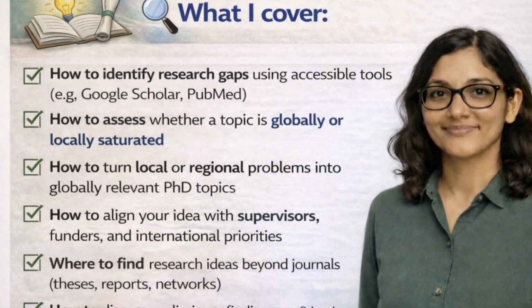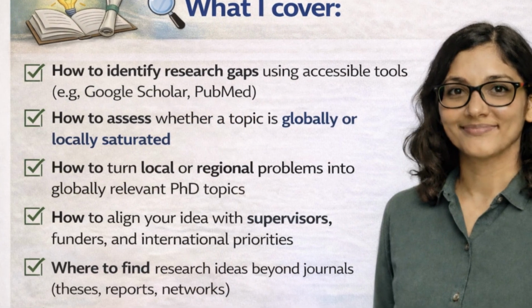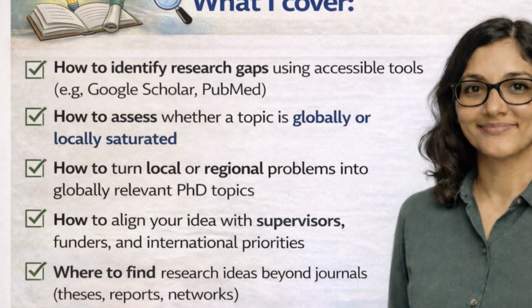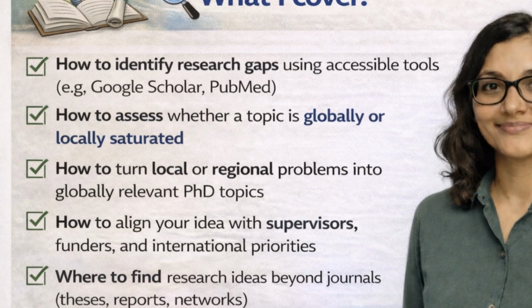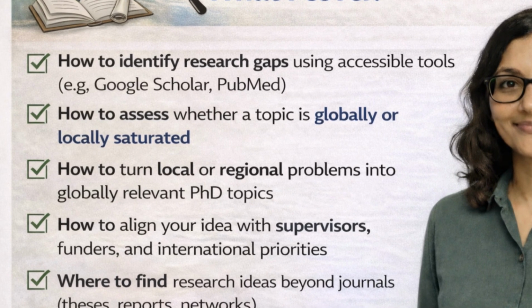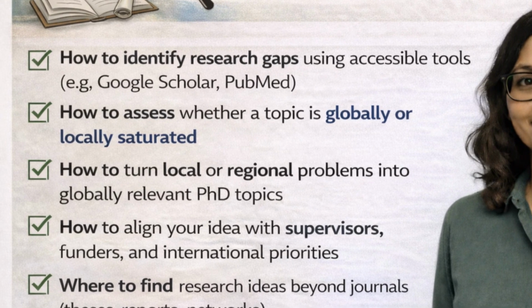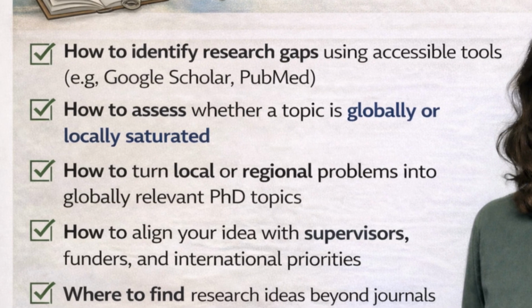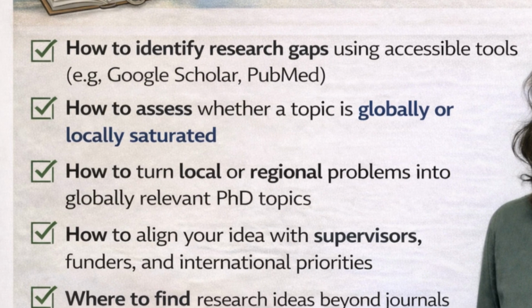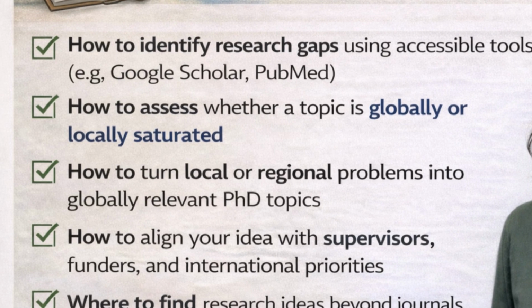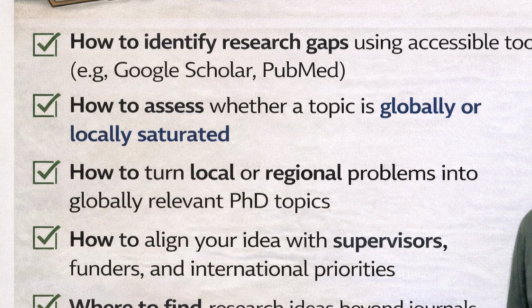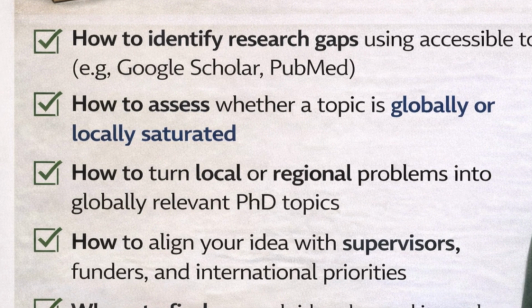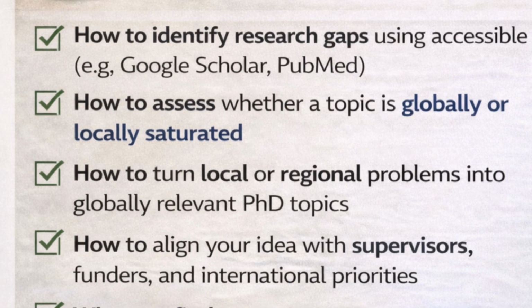Are you stuck trying to pick a PhD topic, feeling like every idea has been done before? Don't panic. The secret is, you don't need a one-in-a-million completely original idea. It's about taking an existing topic and finding your unique angle on it. In this video, I'll show you how to turn that "everything's been studied" fear into "aha, here's my approach."